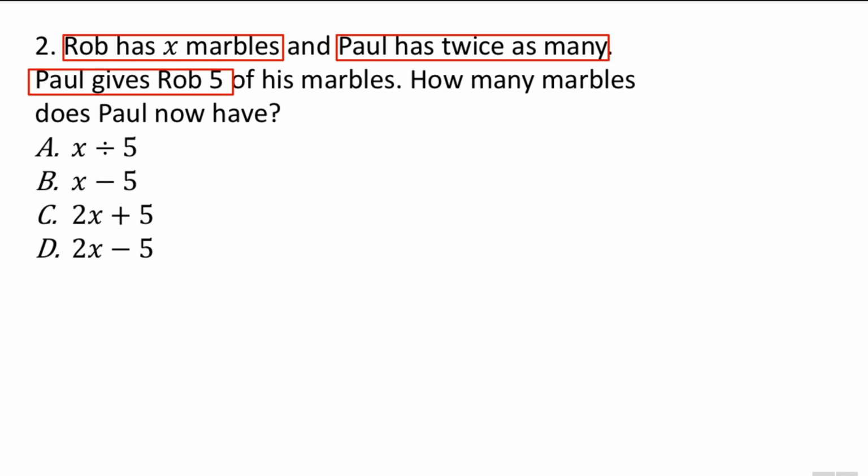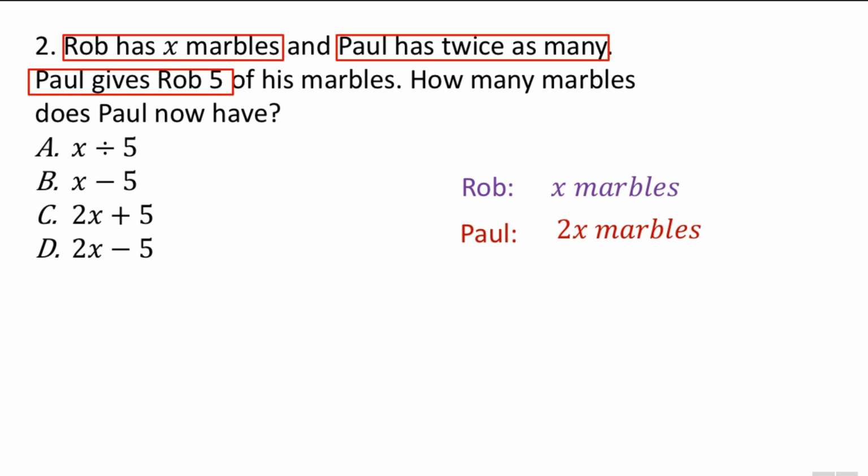Okay, so Rob has x marbles. We know that Paul has twice as many, which means that must be 2 times x. So Paul would have 2x marbles. Agree? Also, the question says Paul gives Rob 5 of his marbles, which means that Paul would now have